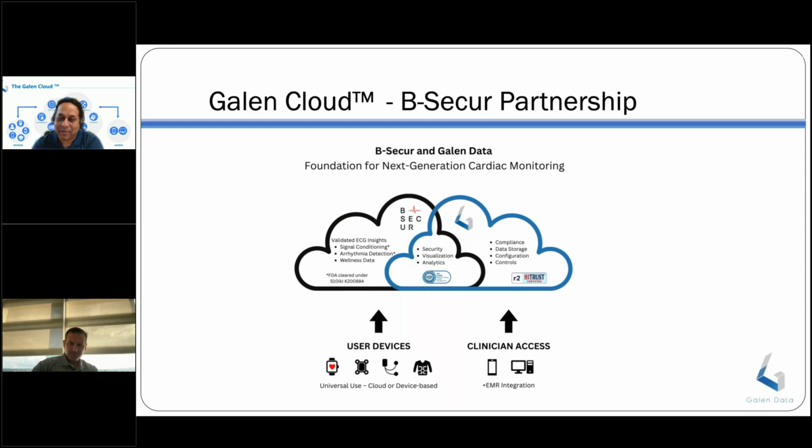At one point, we were trying to think, how can we get these algorithms into the cloud? And then our customers kind of asked us the same question. Hey, you have this platform, but do you also have some out-of-the-box algorithms we could use? A lot of them were EKG, ECG kind of customers. And we said, no, we don't, because we're not experts in algorithms. We do the cloud, and that's what we do. But that started us thinking, hey, we should go and look